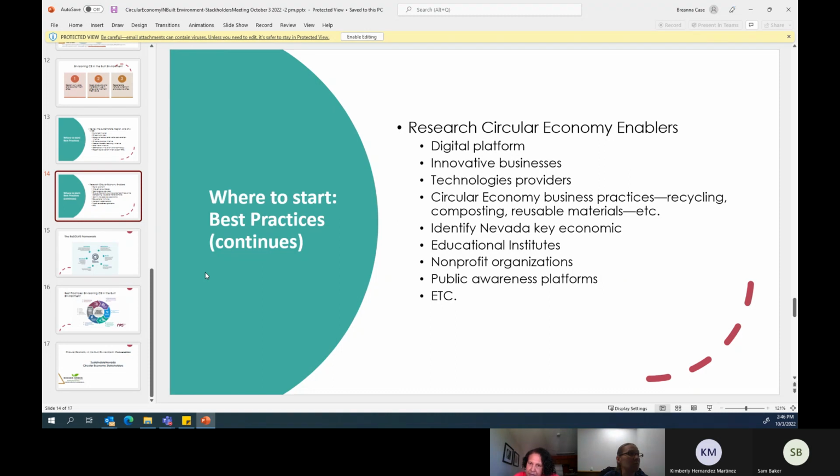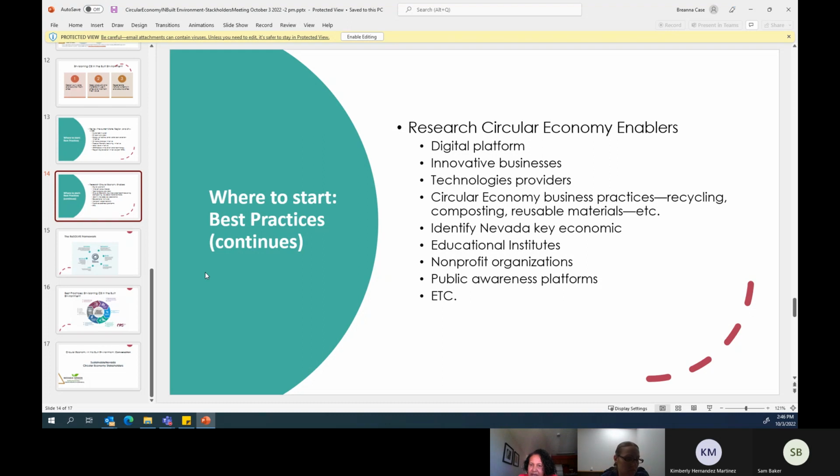That's why sustainability is really a new way of seeing things. So we need to research circular economy enablers. They are companies, let me say, digital platforms. Who's doing what? Innovative businesses changing and using material efficiency, technology providers, circular economy business practices, recycling, our own team members, composting, reusable materials, all that.